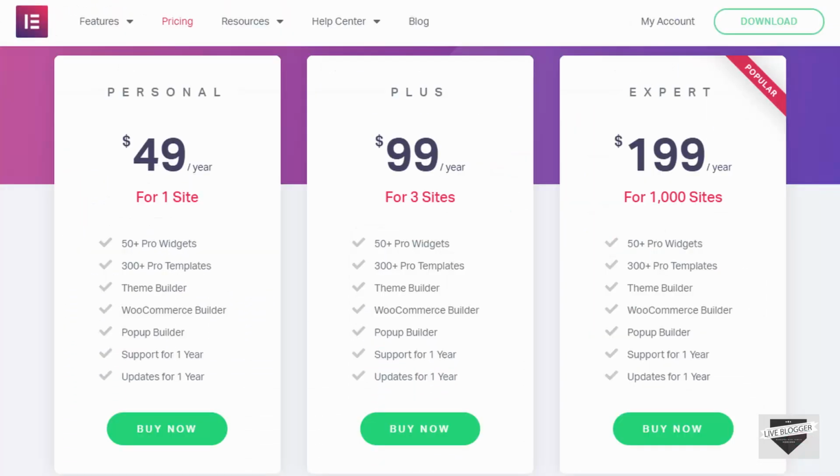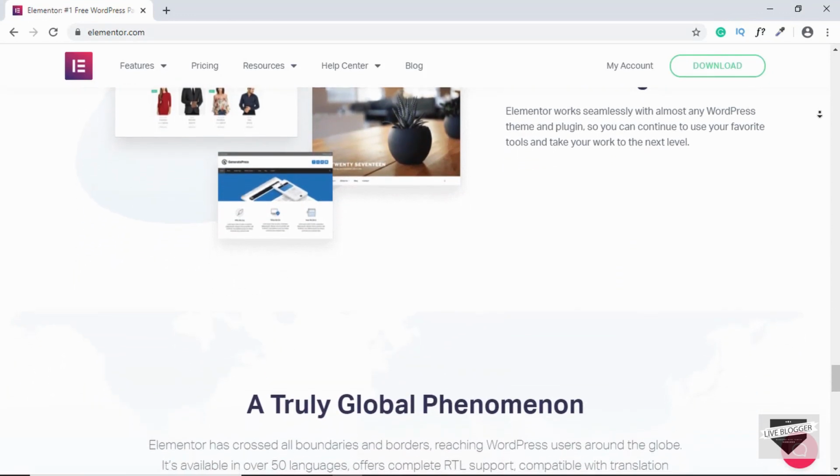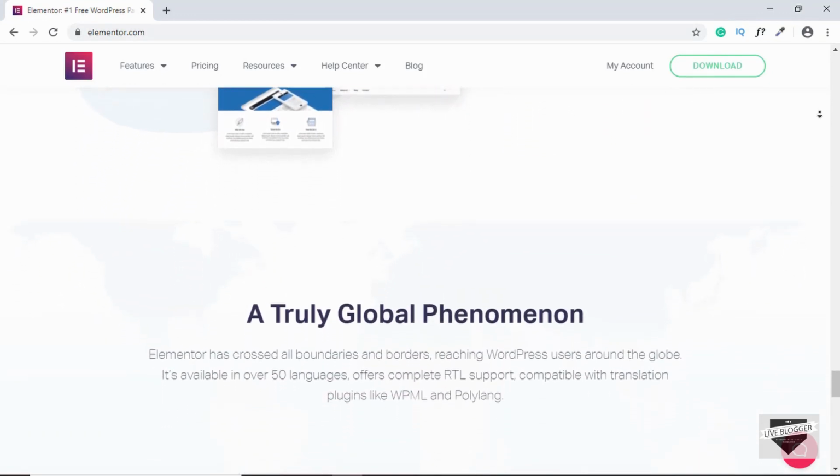There are also paid plans for Elementor, and here we can see the 3 paid plans of Elementor. One is for $49 a year for one website, and then we have $99 per year for 3 websites. And then we have the expert plan for $199 per year for 1000 websites. Elementor is compatible with almost all WordPress themes, so you don't have to worry about installing a specific theme just